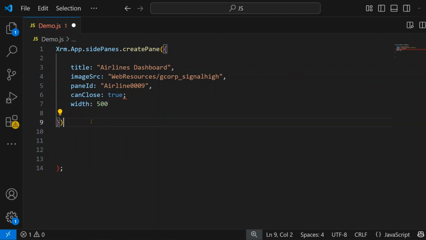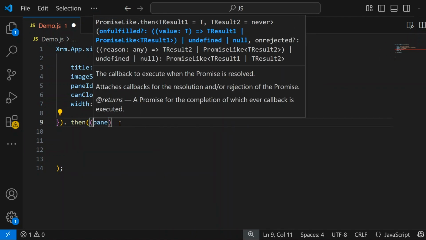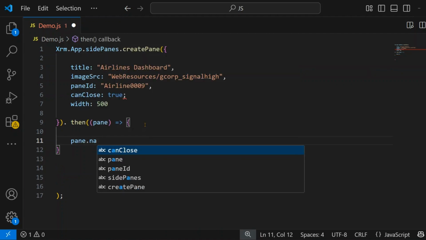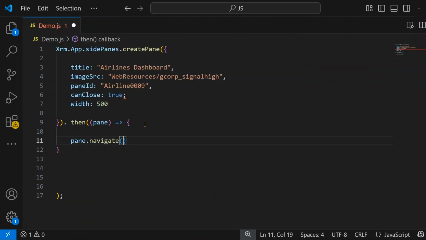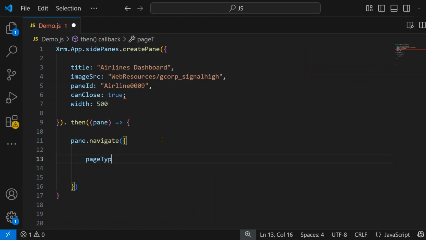Once you get this, you just pass in the pane. Now here I will pass the pane as a parameter, and then from here I'll use an arrow operator to then specify. So this is important now. Pane dot navigate, and you need to specify what is the parameter we are going to pass. So pane dot navigate here will say what is the page type. So the page type is of type dashboard,